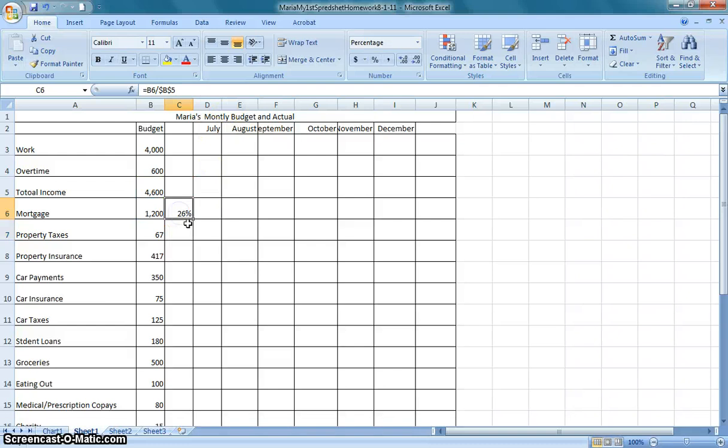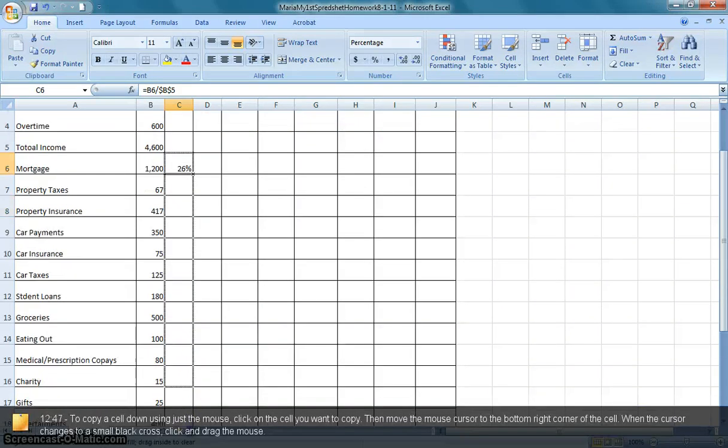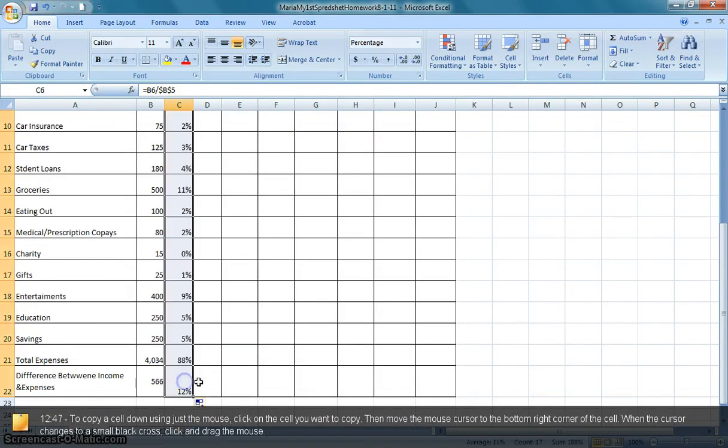Now when we copy this formula down, by making the cell active, waiting for the mouse to come to the bottom right corner, then clicking and dragging down all the way to the end,